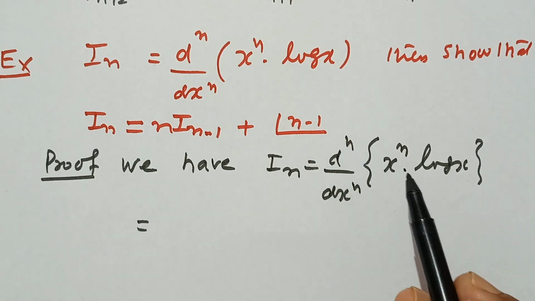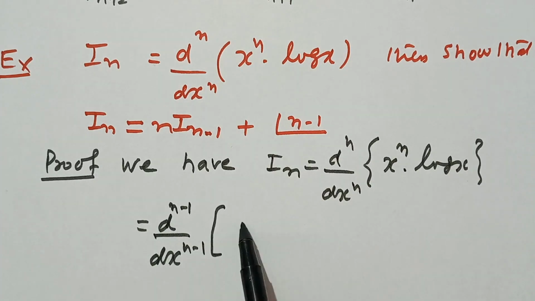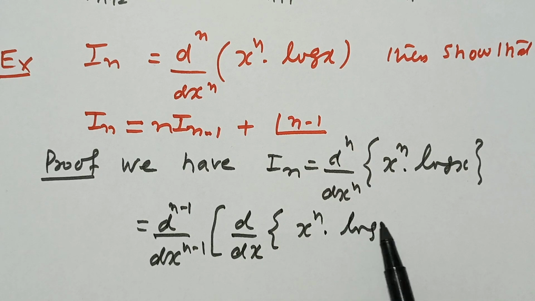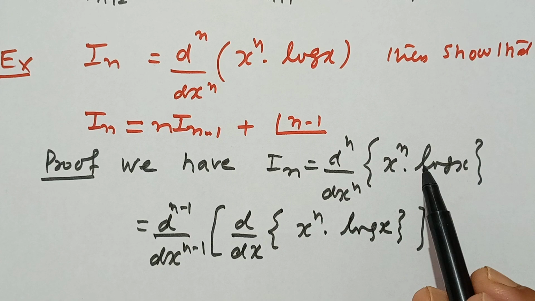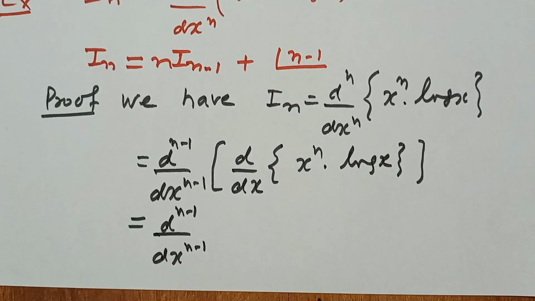So we can write this as d^(n-1)/dx^(n-1) of dy/dx. For x^n log x, we first differentiate 1 time. So how many times remain? n-1. So this is d^(n-1)/dx^(n-1) equal to